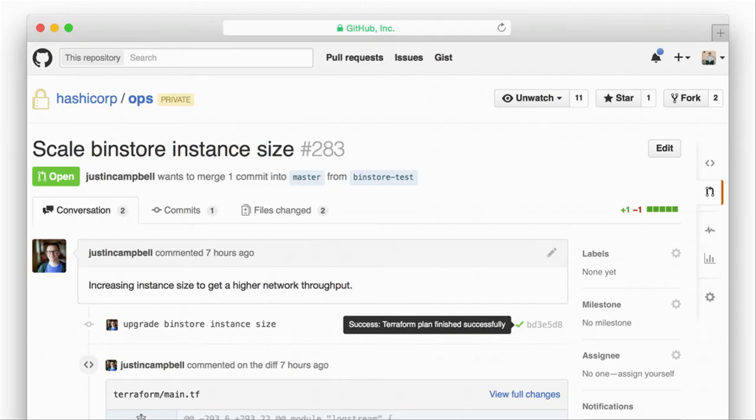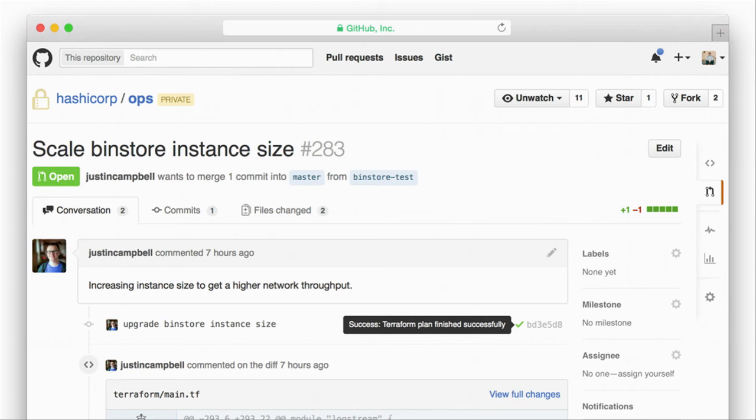And because we're treating all our stuff as code, we could also use a workflow that we've previously really only used with applications. So in this case, we actually manage our ops a lot like an application. We branch, we modify the Terraform. After we modify the Terraform, we make a pull request. The pull request describes sort of what we're trying to do here. And then, again, Justin's fixing this thing. And then we integrate with the status API of GitHub. It's the same way something like Travis CI would, and actually run a Terraform plan.